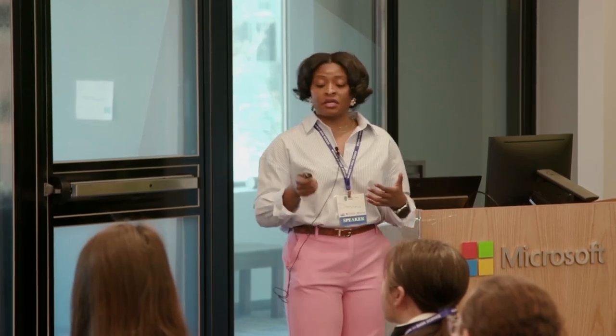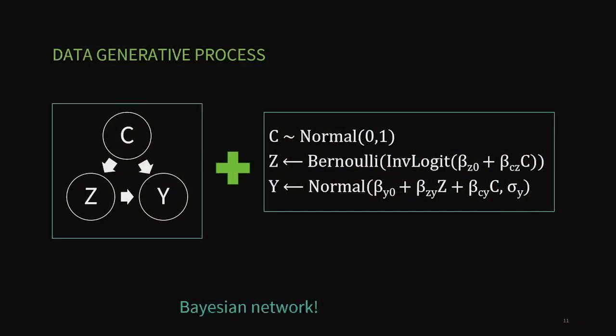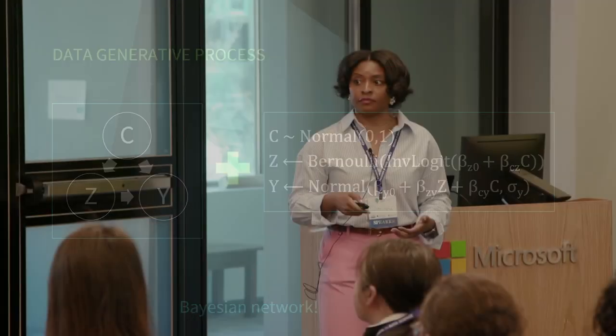And one very specific type of DAG is the Bayesian network. All it says is that the Bayesian network consists of two parts. The first is the DAG itself, which we call the structure. The second part is our parameters, and it says that we're going to be able to put some probability distribution on them, such that we also have priors that help us understand how we think of the strength of the relationships. Again, all of our betas are what's helping us understand the strength of these relationships.